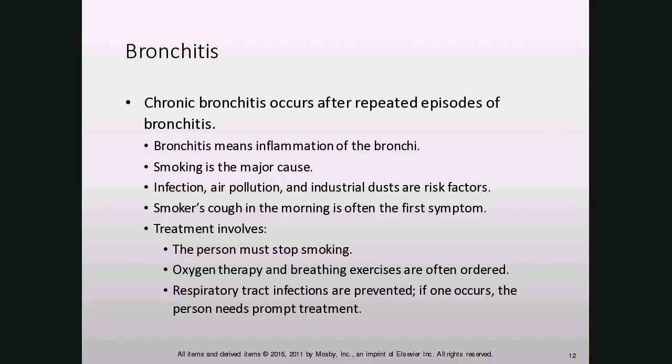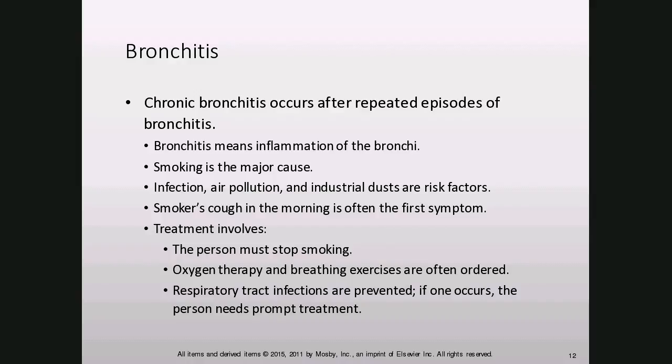But smoker's cough in the morning is often the first symptom, because all that stuff has laid there. And then the cilia, God bless their souls, little hair-like extensions, try to get all that mess up, and they have a cough. My mother smoked for 20 years, and every morning she had the smoker's cough. She'd be in that bathroom coughing and coughing and coughing, getting all that stuff up. It was horrible for me to listen to anyway.